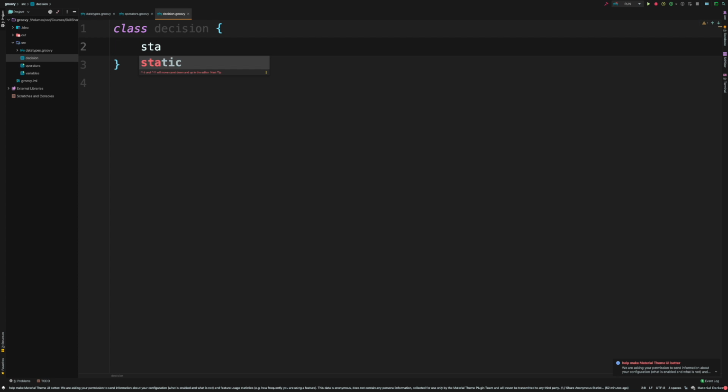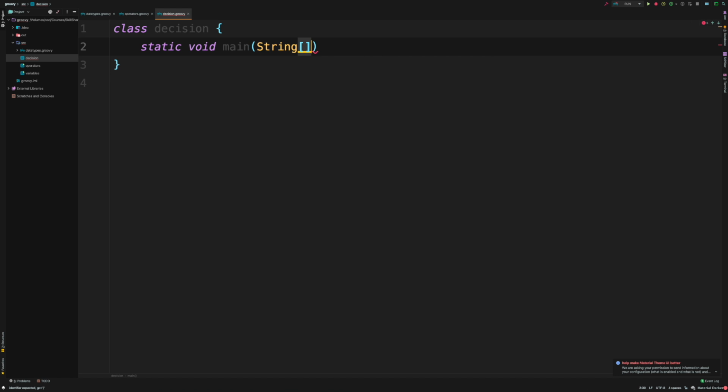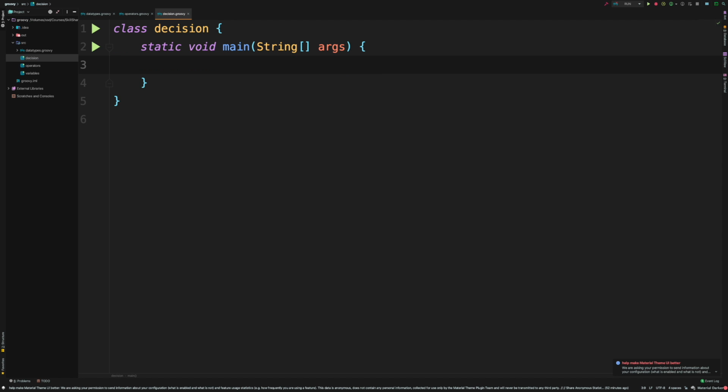I'm going to start by using this main method, and we just do a String name, which is args. For example, here I would like to say if 2 equal to 2, then println, and I would just say on the console, 2 is equal to 2. Okay.